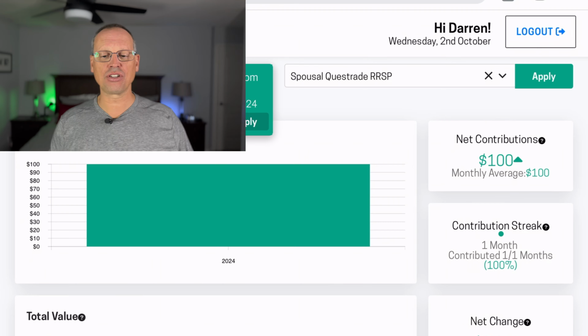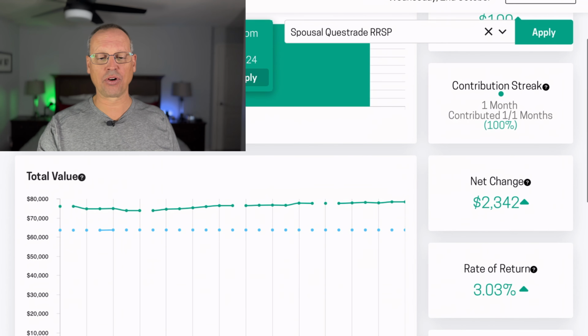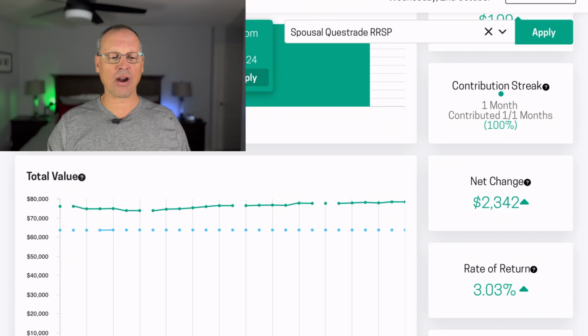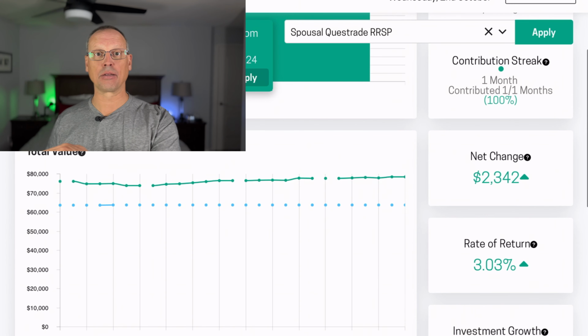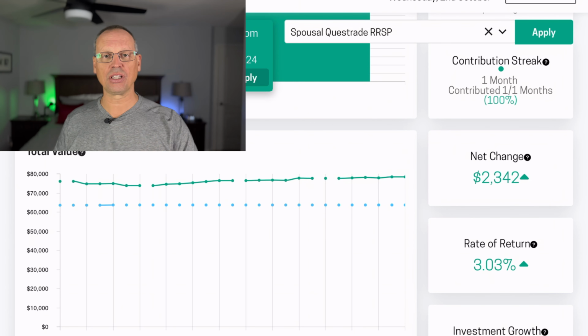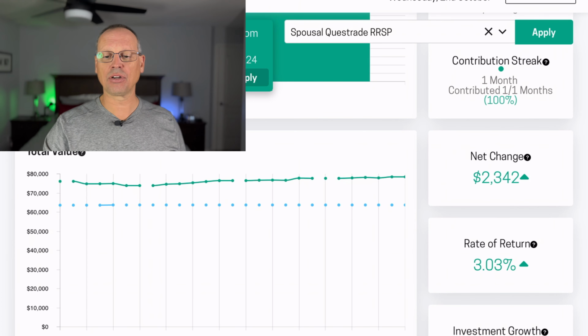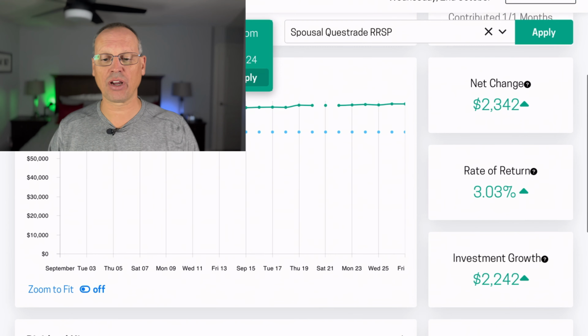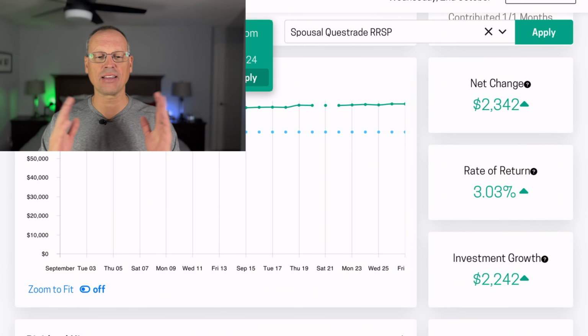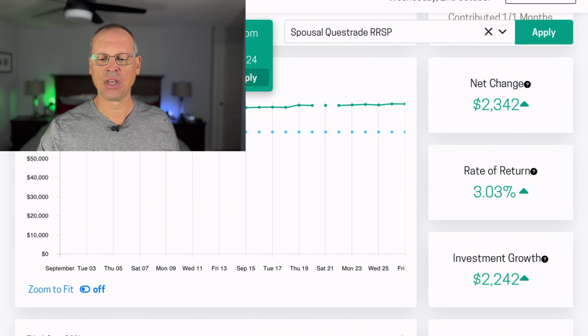All right, the net change in the account, $2,342. And here you have a graph that shows your contributions. That's the blue line. And then you have the green line, which is the principal growing within that account. The net return on this account, or rate of return right now, is 3.03%. This is just for the month of September. The investment growth,